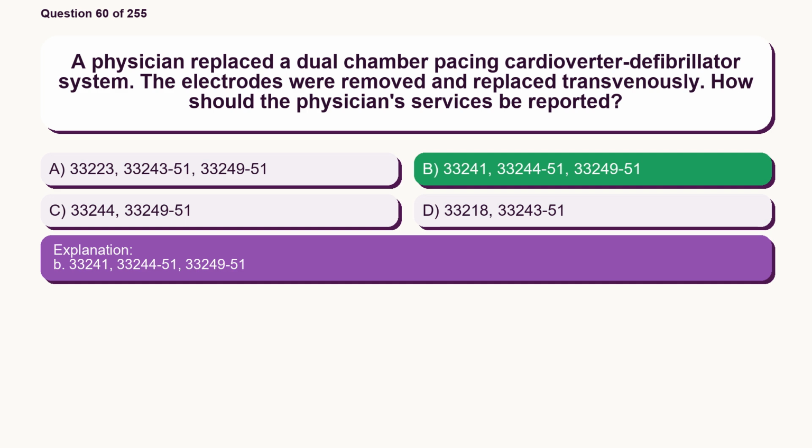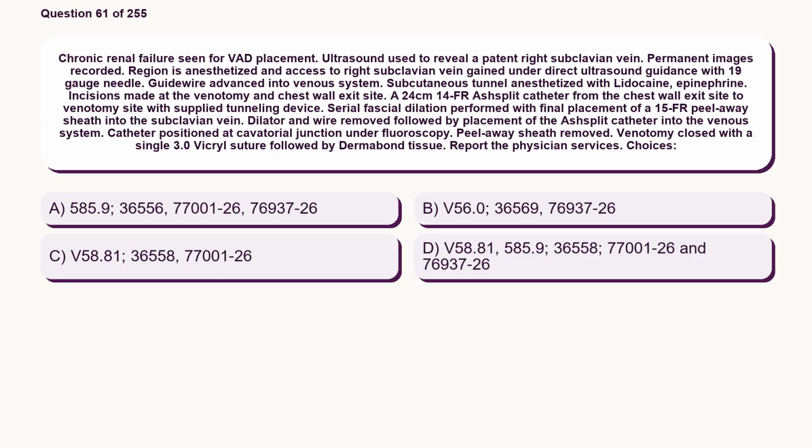Question 61. Chronic renal failure seen for VAD placement. Ultrasound used to reveal a patent right subclavian vein. Permanent images recorded. Region is anesthetized and access to right subclavian vein gained under direct ultrasound guidance with 19-gauge needle. Guide wire advanced into venous system. Subcutaneous tunnel anesthetized with lidocaine, epinephrine. Incisions made at the venotomy and chest wall exit site. A 24 cm 14 fr split catheter is tunneled from the chest wall exit site to venotomy site with supplied tunneling